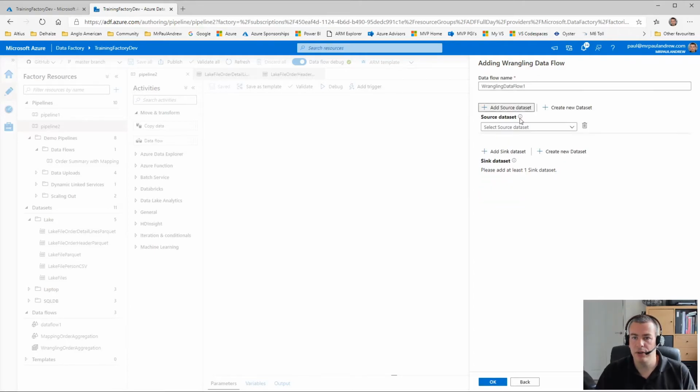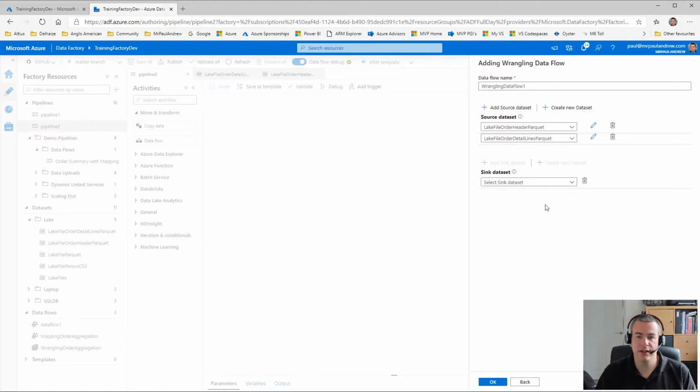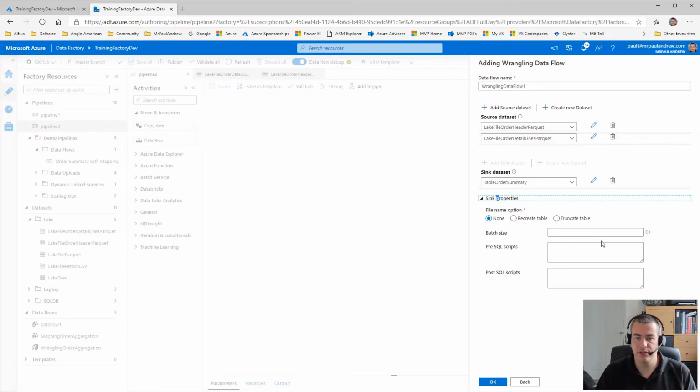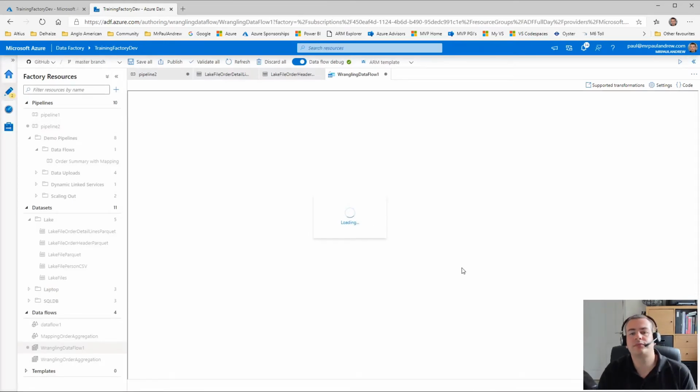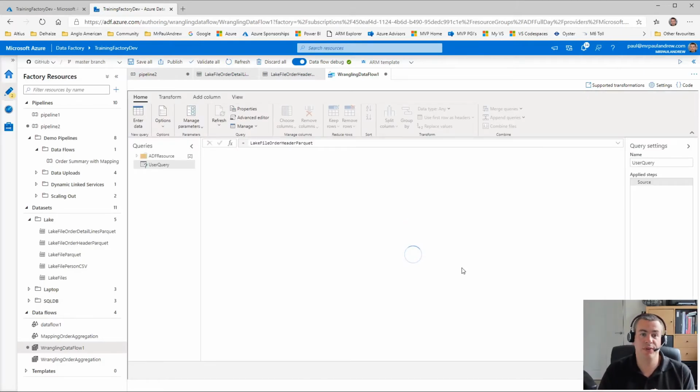Wrangling data flow, my order header and my order detail lines, my sync to my tails, summary table, and truncate. Okay, so now we get into the Wrangling data flow environment,